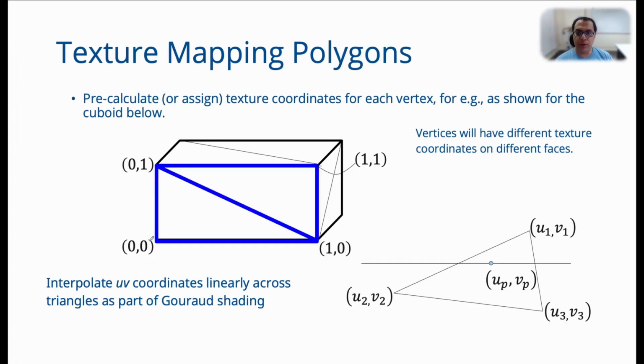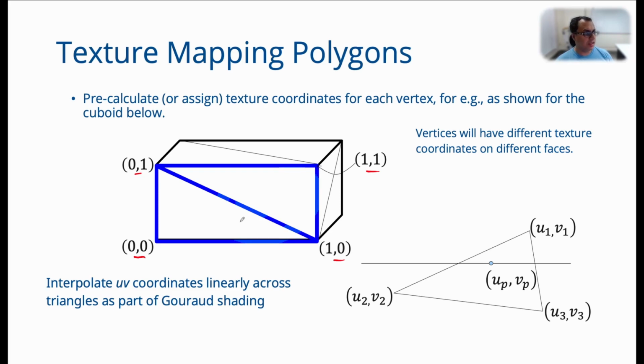So we start by looking at how to do texture mapping to the sides of a cuboid. The first thing to notice is that for every side of the cuboid, you will generally have different UV coordinates. So let us look at the front face of the cuboid. If the cuboid face was made using two triangles, then we assign it texture coordinates as follows. We say this corner is 0, 0, 1, 0, then 1, 1 and 0, 1